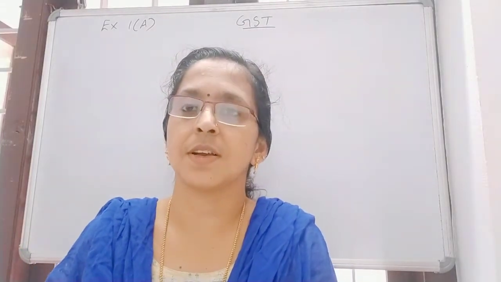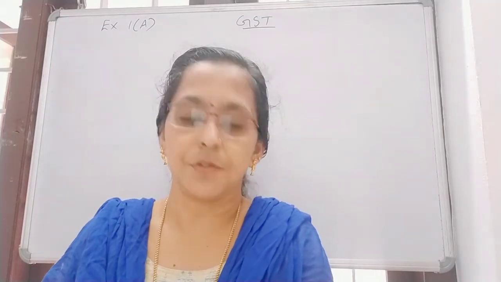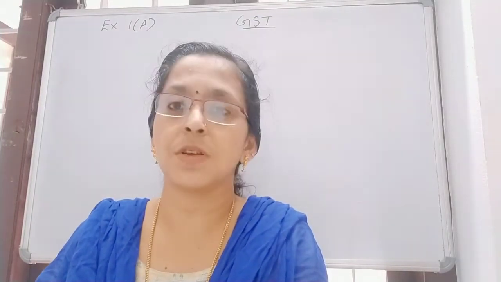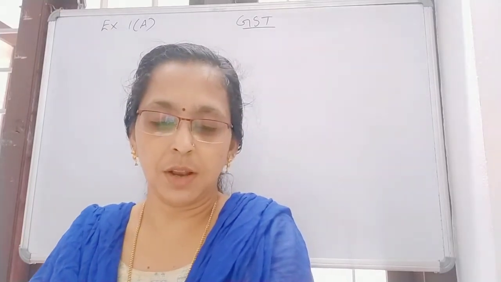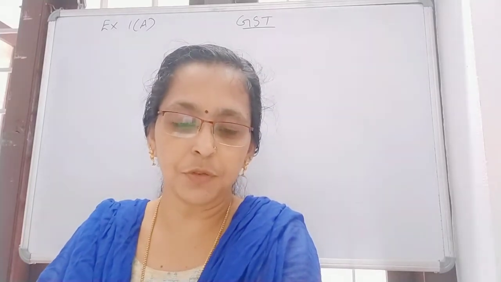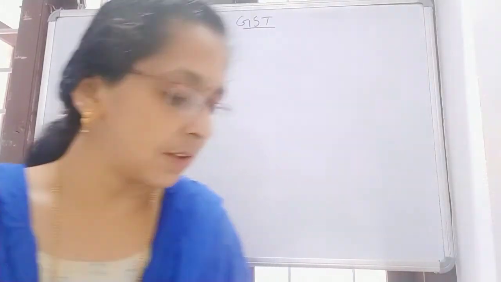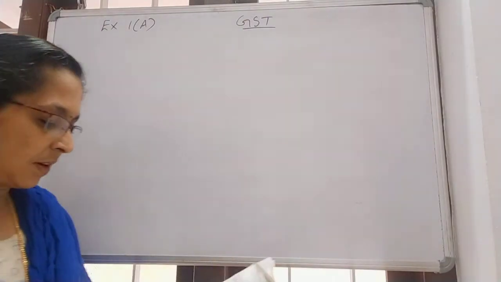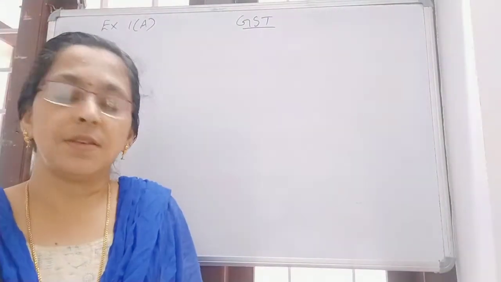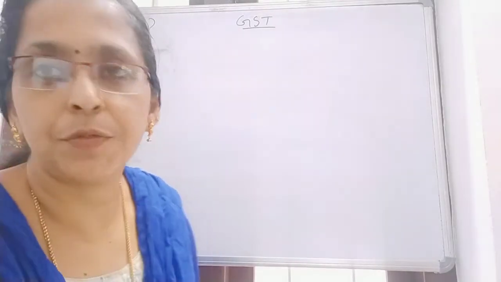Hi students, today we can start our GST chapter. We can start from exercise 1A, question number 1 onwards. For the following transaction within Delhi, fill in the blanks to find the amount of bill. So MRP is given as 12,000, discount percentage is given as 30%, GST percentage is 18%, discount we want to find out.